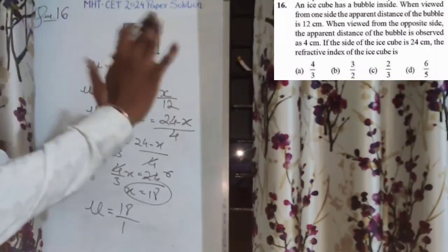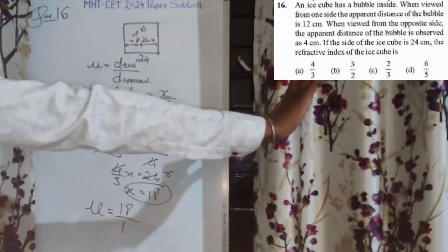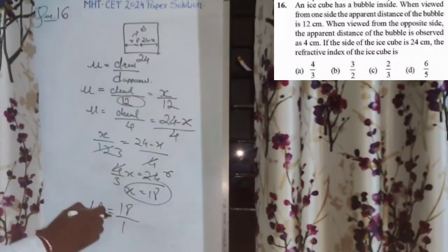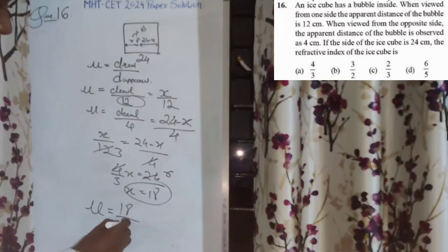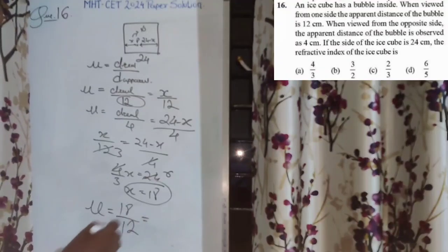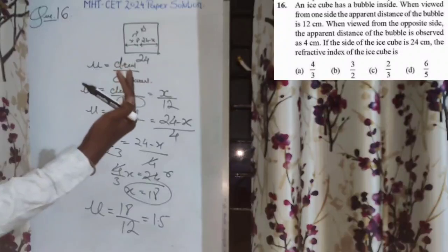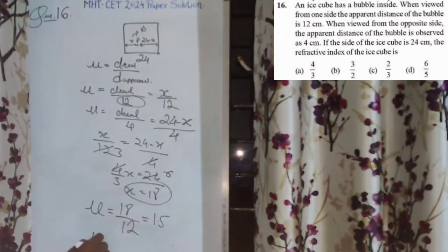इस साइड से अगर देख रहे हैं हम तो करेक्ट डिस्टेंस कितने पे? 18 पे. लेकिन अपीयर कितना होता है इस साइड से? 12. सो द करेक्ट इज 18 एंड अपीयर कितना होता है? 12. ये कितना आ जाएगा गाइस? 1.5. अगर हम उस साइड से देखने की कोशिश करें, तो